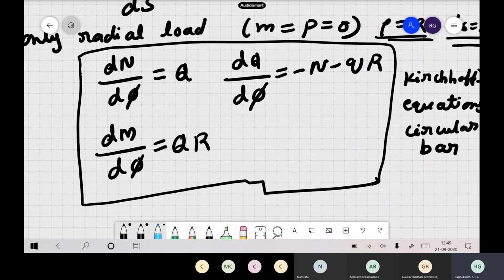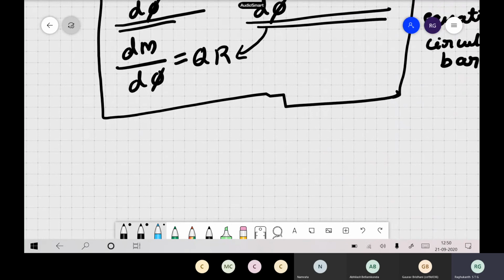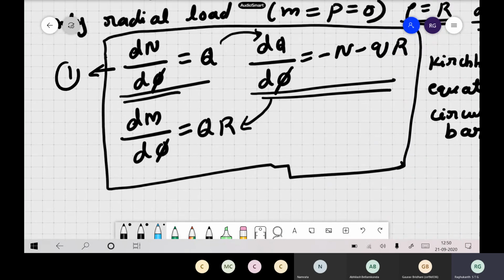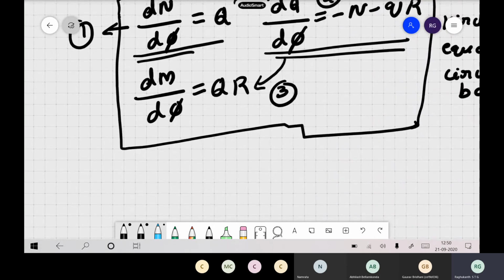So finally, if you mix all these equations, you substitute q here, whatever q you have, substitute here also. You can play with many cases here. You can differentiate, do some algebra, eliminate some terms. So if we write the first as equation 1, this as equation 2, and this as equation 3 for the circular bar,